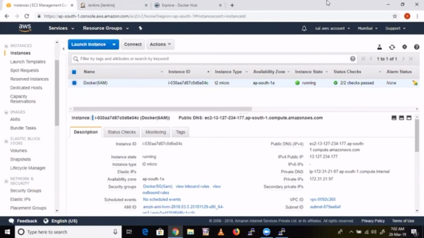Sai, one question. In Chef also we do software installations on a machine, and with Docker also we can do software installation on a machine, right? So are both comparable, or how? No, not at all. Docker is just a machine. We use Docker to create machines. We use Chef to install packages. Okay, both are different.